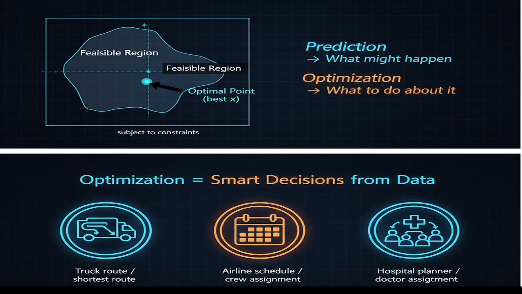So here are some use cases, like truck routes, shortest routes. Once the truck is going from one depot to each and every customer to deliver the goods that they require, this is also a decision. How many sales you are predicting and how many new customers you are getting. So you want to satisfy all those customers with your currently available resources. How are we going to do that? In that part comes the shortest route path algorithm. There are different kinds of algorithms.